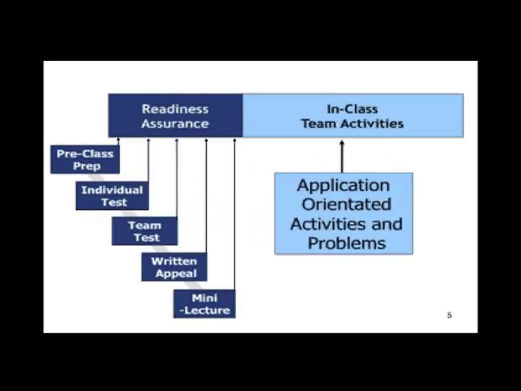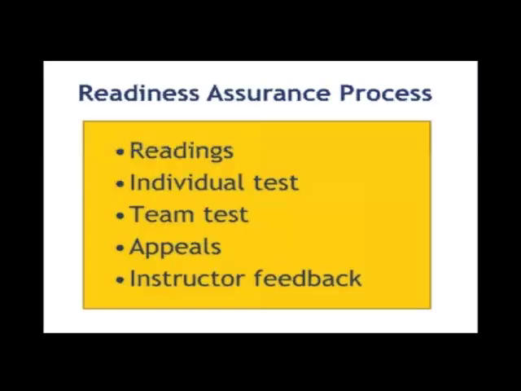In a team-based learning course, we divide the course into a series of modules, typically about 2 weeks in length. And the modules have a very structured design to them. At the beginning of each module, we complete what is known as the readiness assurance process, and then for the bulk of the module time, we have the students work in teams on application-oriented problems. This readiness assurance process is a 5-step process where we ensure the students have a preliminary grasp of the foundational knowledge that they're going to need to solve problems.